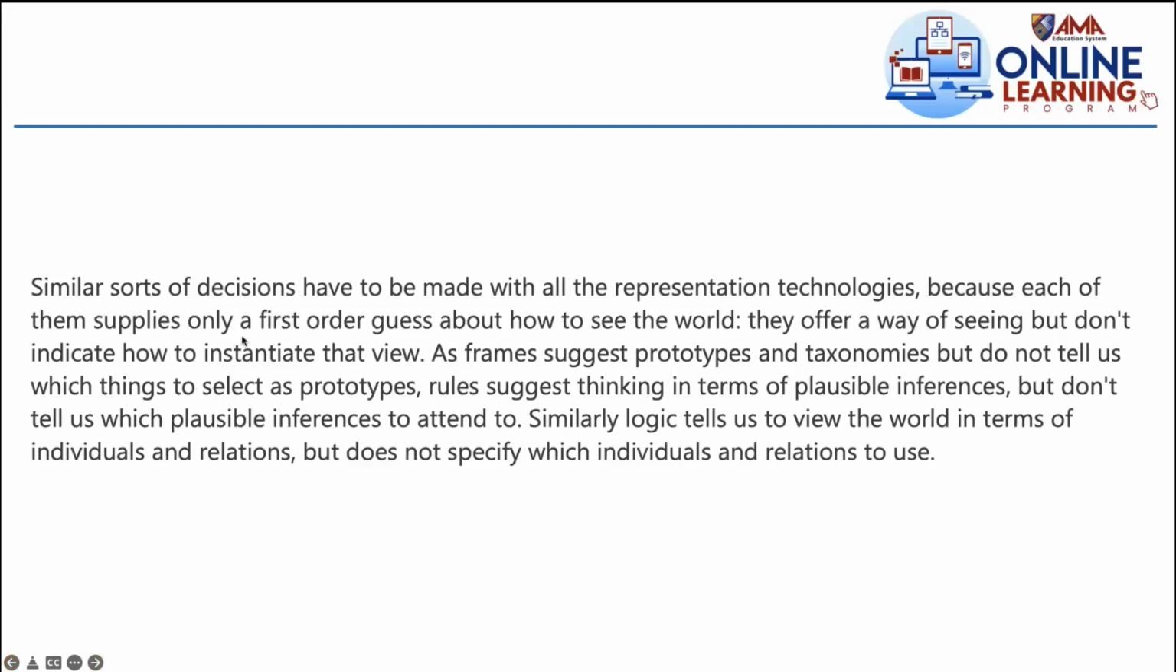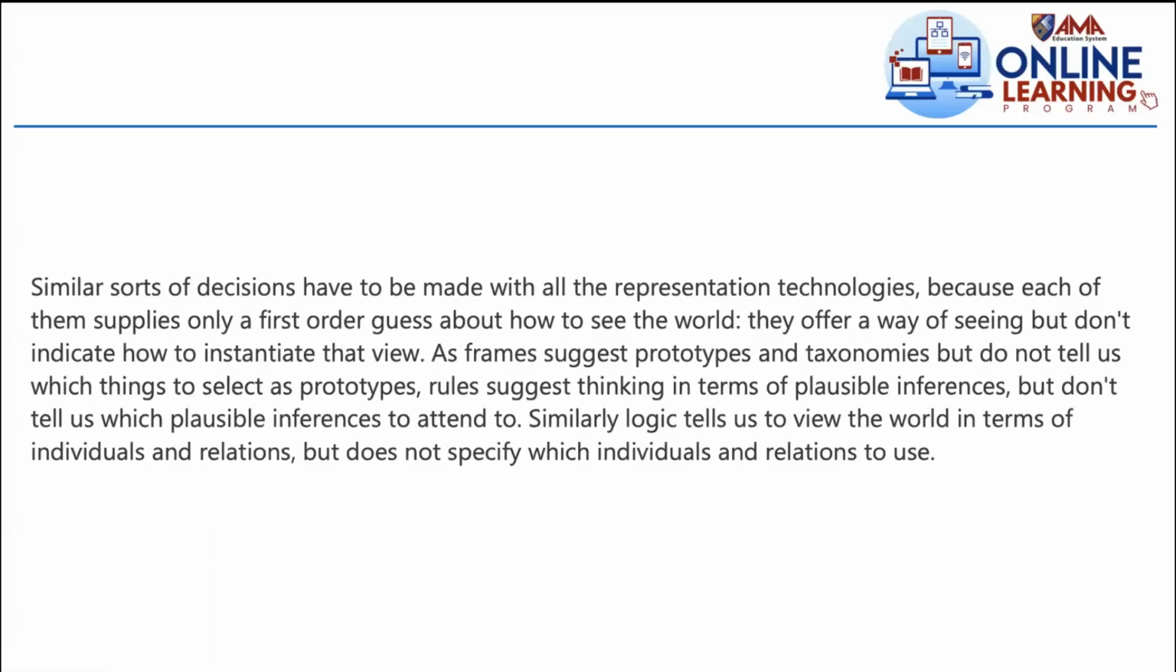Because each of them supplies only a first order guess. And what is that first order guess? It has to do with the selection of the KR technique. Because if you choose a frame, it will give you the first order guess. If you choose the rule, it will give you the first order guess. But the other layers of questions will be the